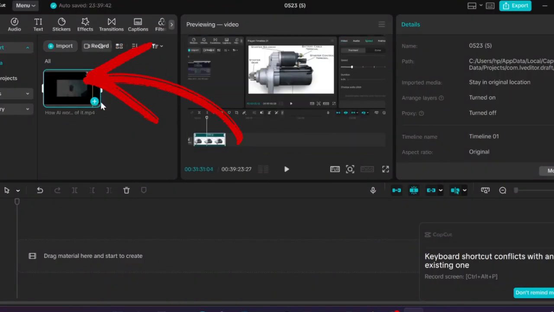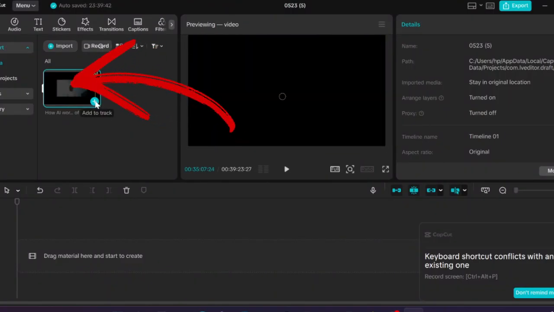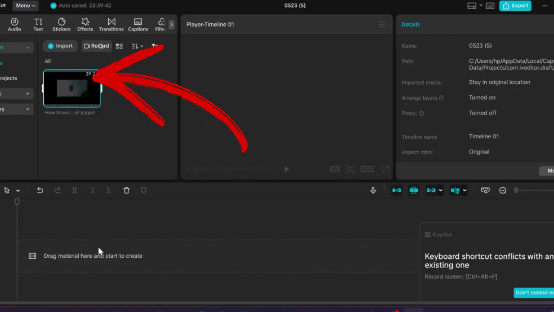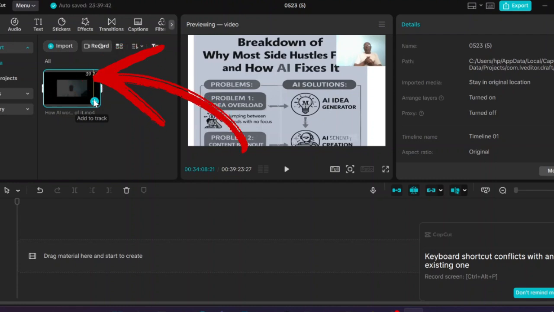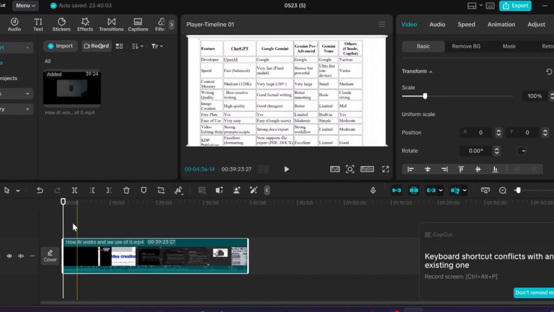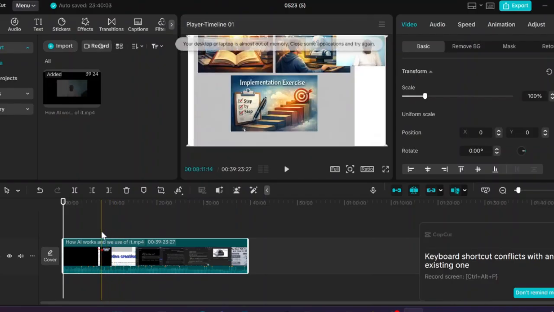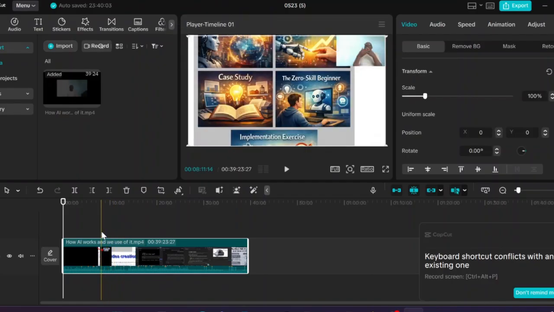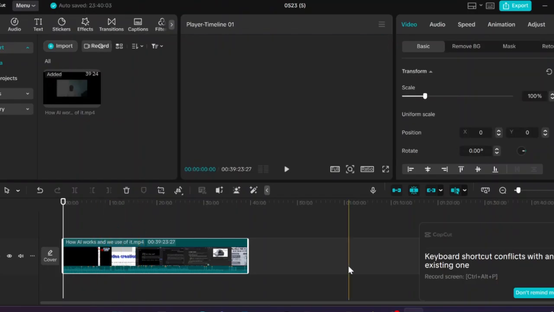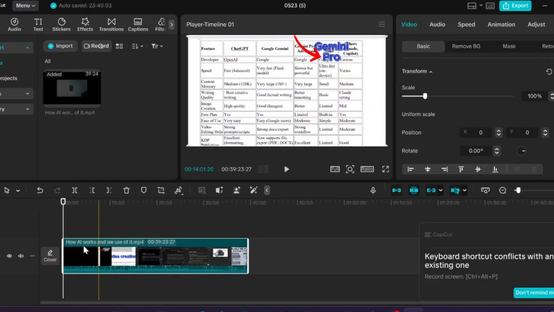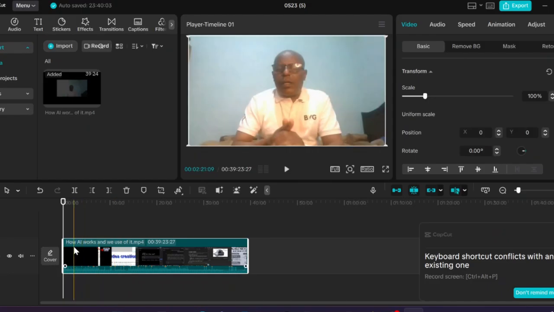The file is imported to CapCut. Then I click the plus sign to bring it to the editing timeline. Here when I click on the plus sign, the file will be ready on the timeline where we cut, edit, trim, add text and so on. ስለዚህ ይሄ መጥቶልናል እዚህ። I wanted to upload a short format video to YouTube.